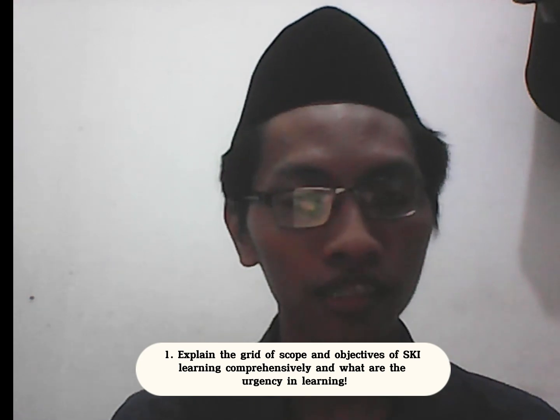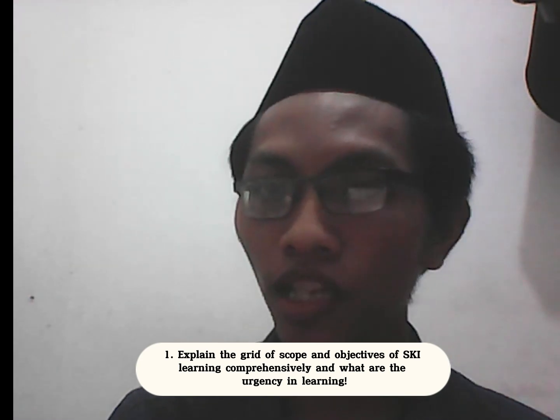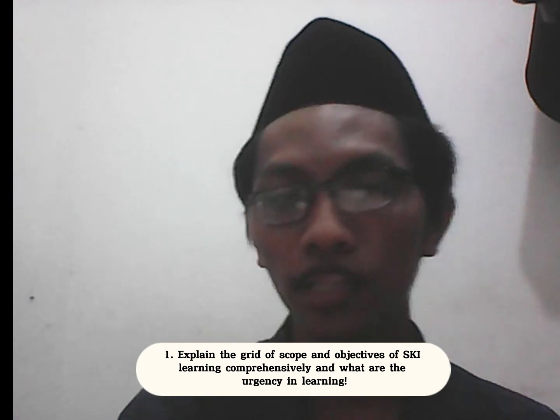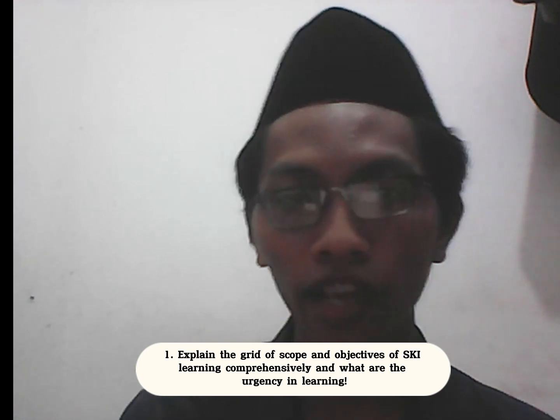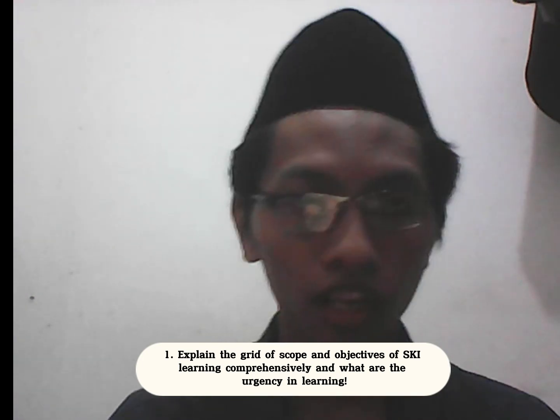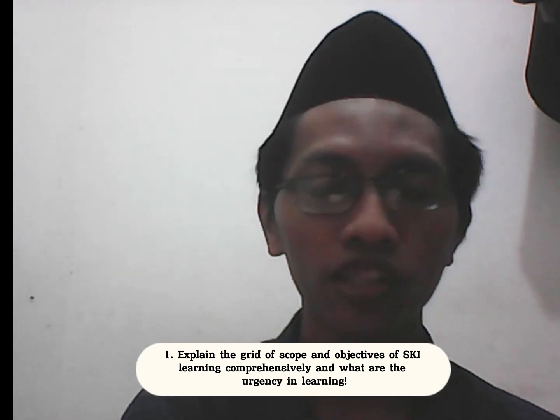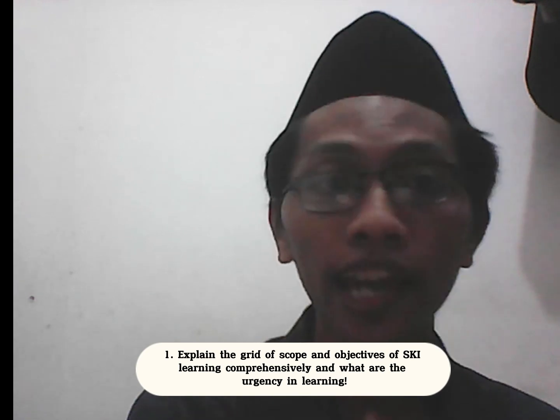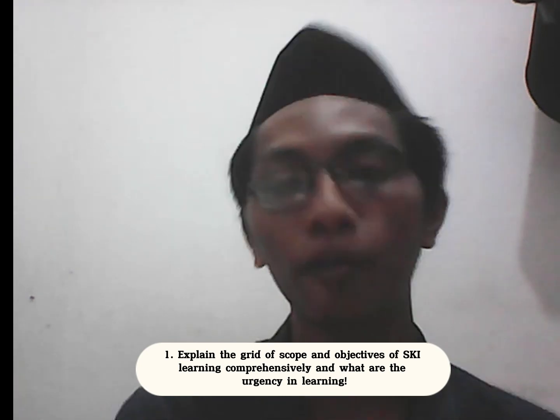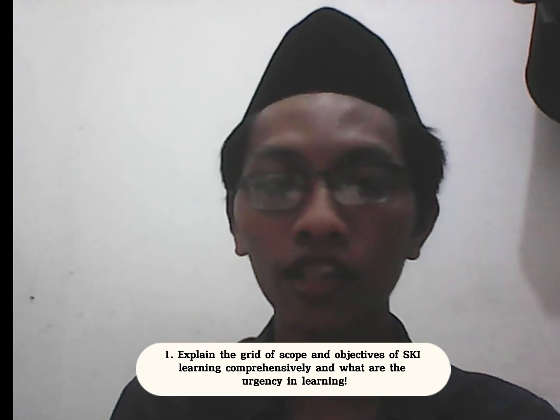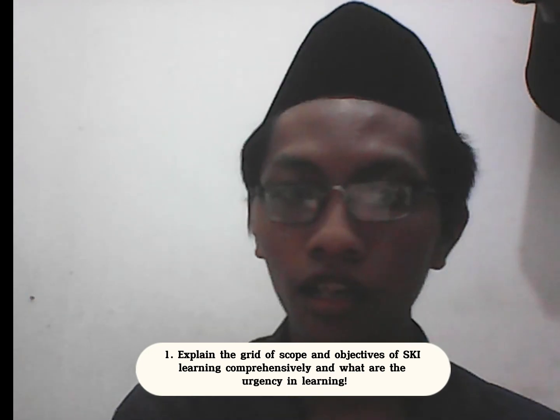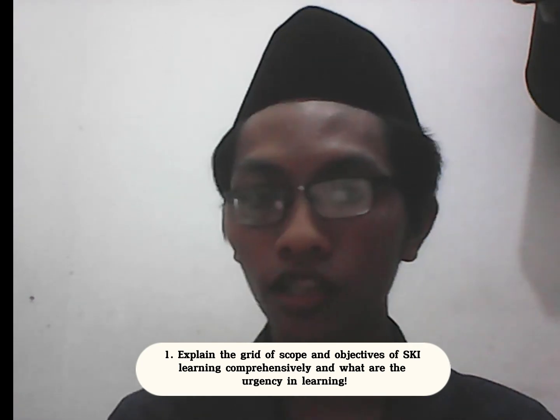So, if we talk about the scope of Islamic cultural history, we know that it differs by the level of school. We know madrasah ibtidaiyah, madrasah tsanawiyah, and madrasah aliyah. The material at every level of school is different. For example, in madrasah ibtidaiyah, Islamic cultural history will discuss the history of pre-Islamic Arab society, then the history of the birth and apostolate of the Prophet Muhammad, the da'wah of the Prophet Muhammad, and some events that occurred in that era, such as the hijrah of the Prophet, and then Fathu Mecca, and maybe even the Khulafa Rashidin